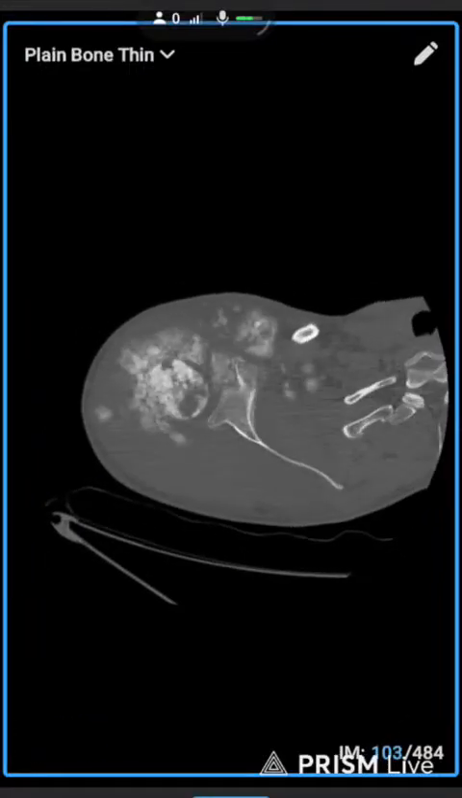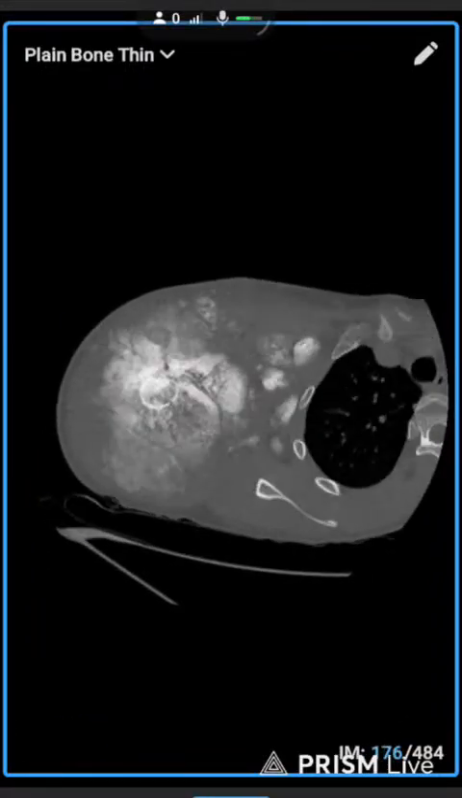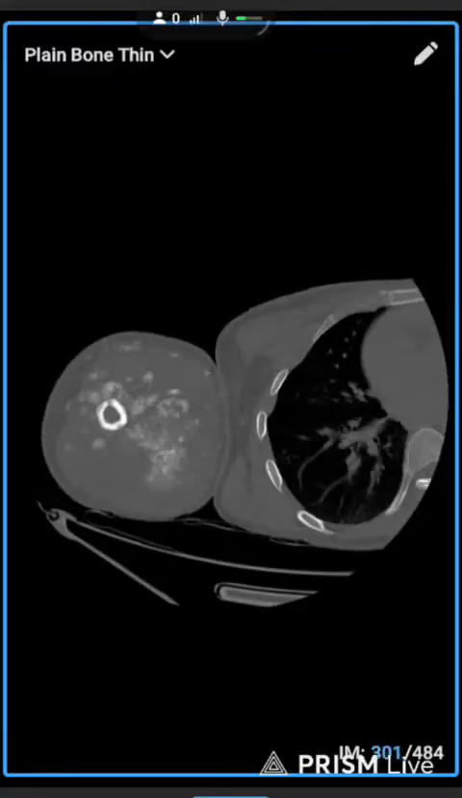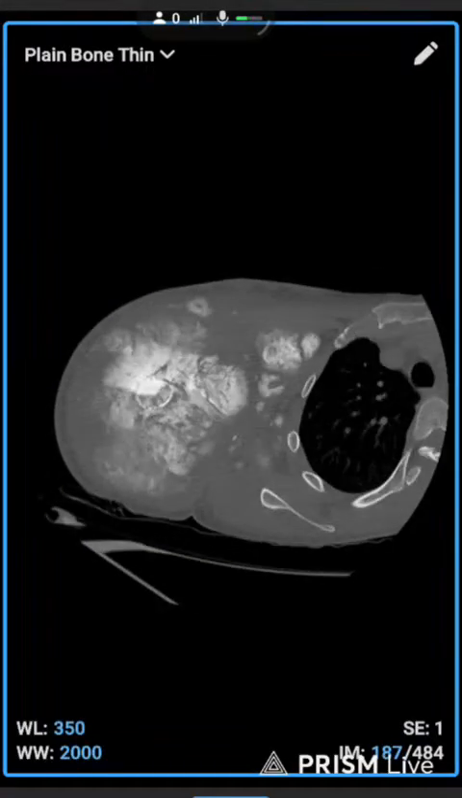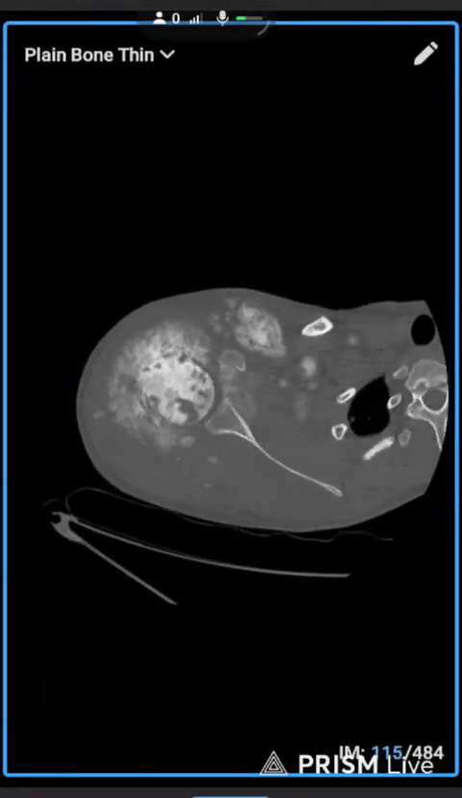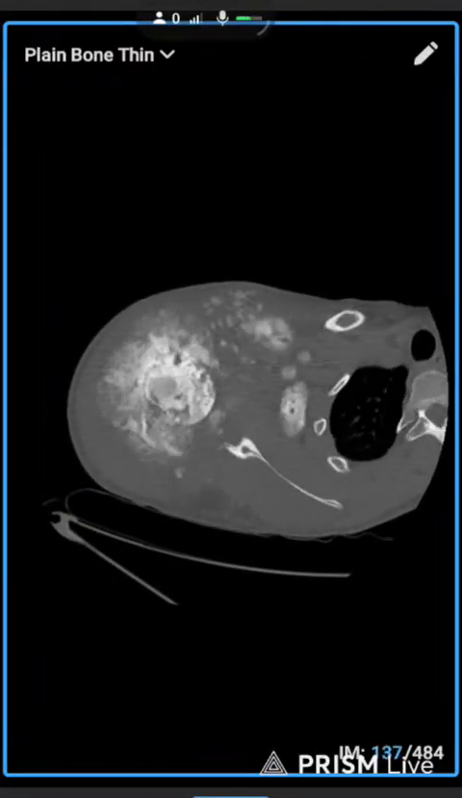This is the CT scan of the patient. Here you can see everywhere the bone was like